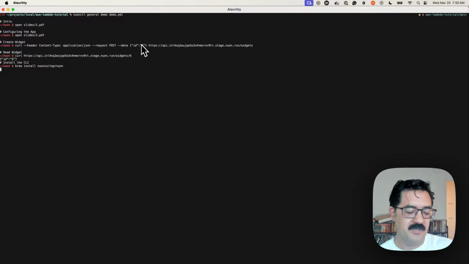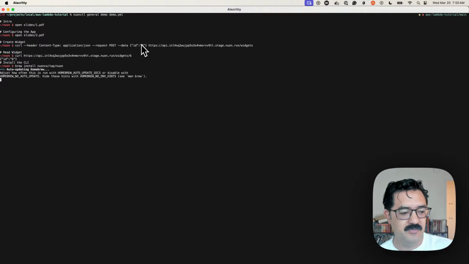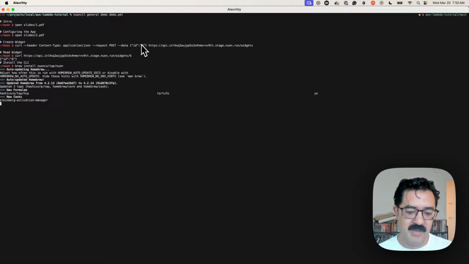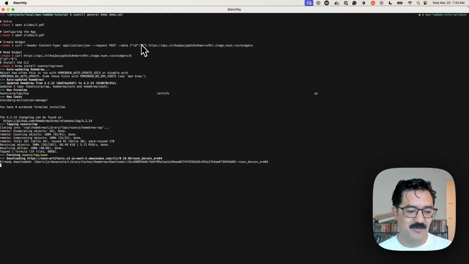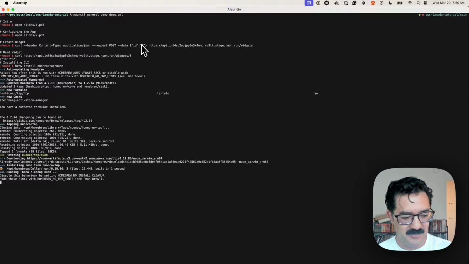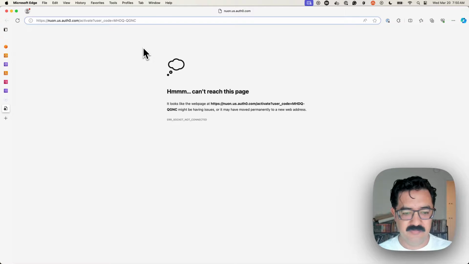So step 1, of course, we've got to install the CLI. I'm doing this via Homebrew. If you don't want to use Homebrew or can't use Homebrew because you're not on macOS, we do also have an install script. I have 4 outdated formulae that I need to update. Thank you, Homebrew. But we do have an install script, and you can also just download the binaries from our doc site. So now that I've got the CLI, I'm going to log in